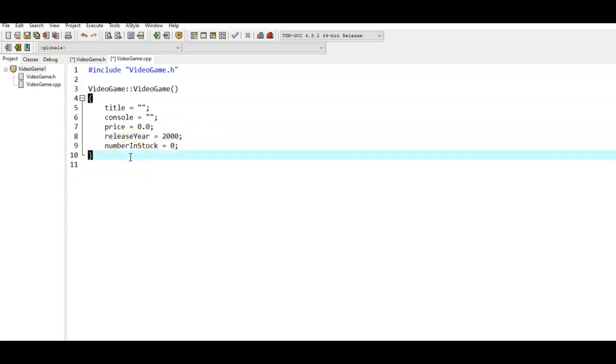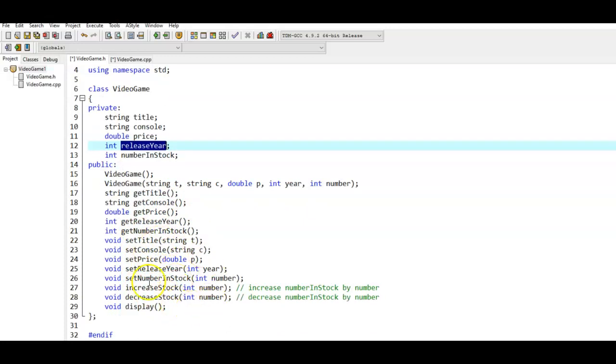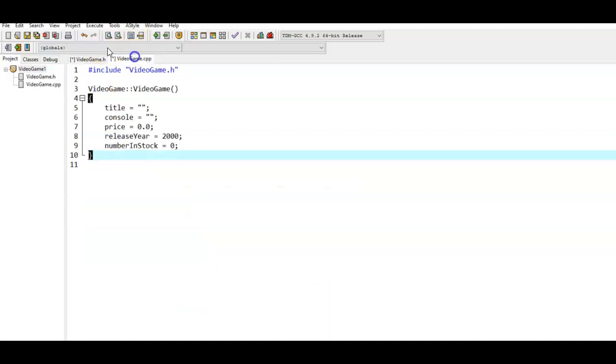Okay, and then you'll just go through and you'll write every single one of these functions, right? This module teaches you how to write get functions, set functions, and when you get to increase stock and decrease stock, that also will be explained in the project instructions. And then the last thing that you need to do is you have to have a main program that works with this, right? So I'm going to come over here and I'm going to choose new file,